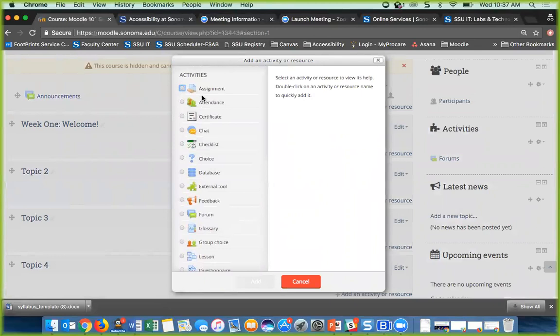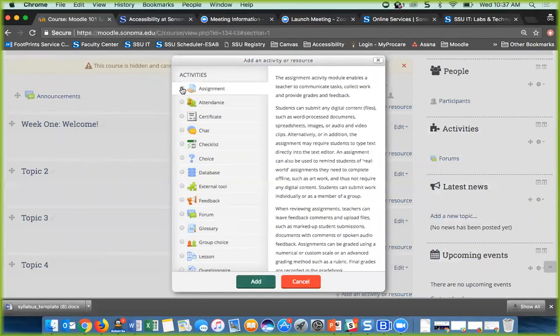Some you will use regularly and others you will probably never use. So let's go through some of these. And again, what I do like about Moodle is when you select one of these, it gives you an explanation of what it is. So an assignment is probably what you think of. You are giving your students some sort of instruction or direction, and you're asking them to deliver something to you. They need to submit some type of work. So if you have a formal assignment, whether it's something you want them to submit to you on paper in class, or if it's something you want them to select and then submit digitally, electronically online,